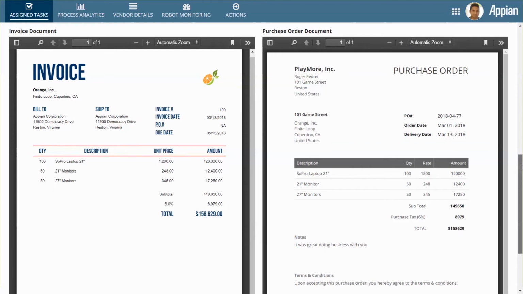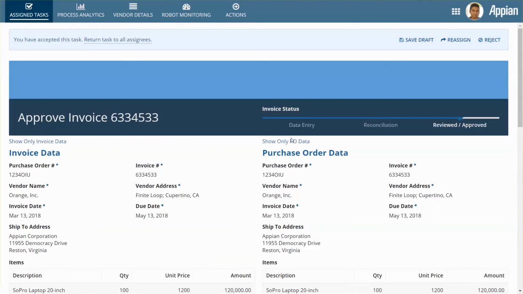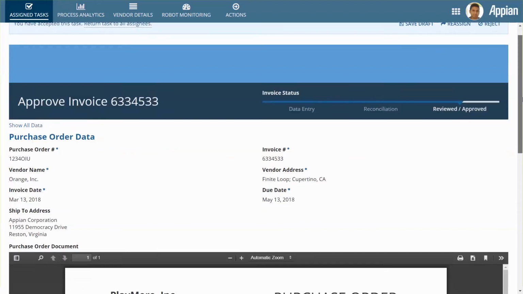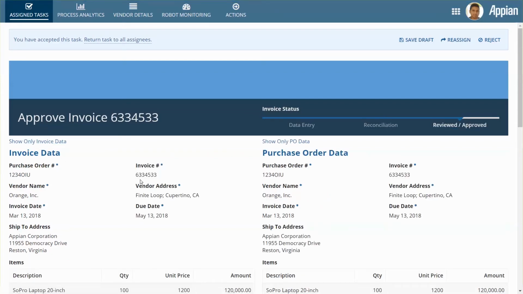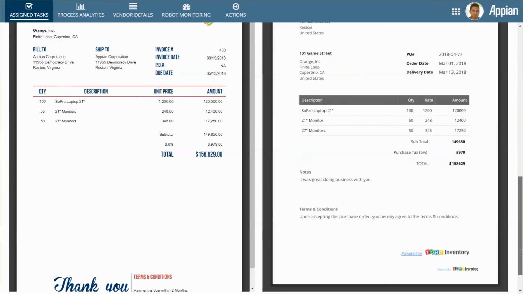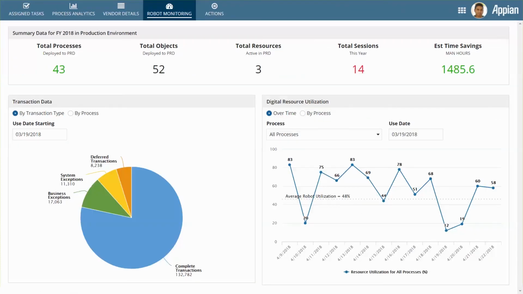In this one, you can see a side-by-side comparison of the invoice and the purchase order. If you want to focus on a particular set of data, you can filter it using a link. Notice none of the data is editable here, since my responsibility is to approve or reject the task, not update the data. We always want to reduce exceptions, but it's hard to know where there are issues without more transparency